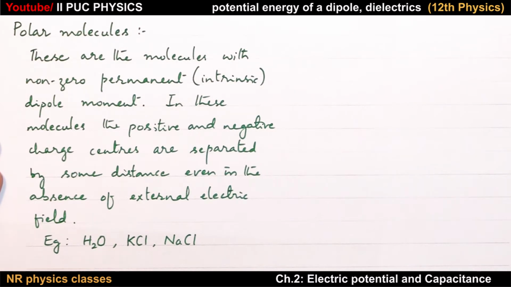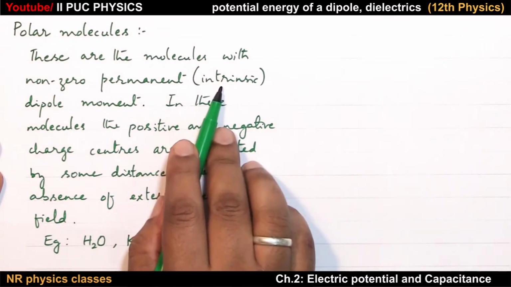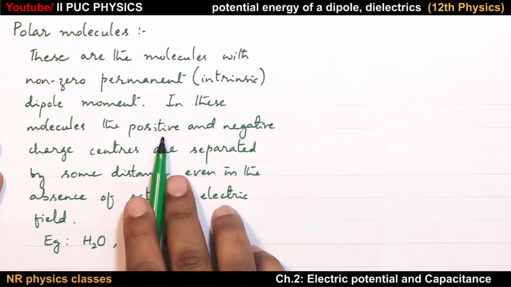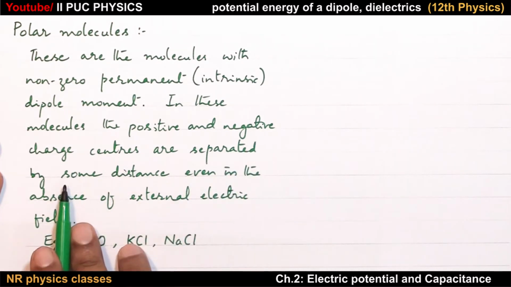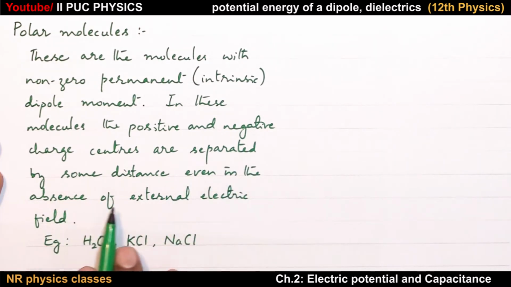Now observe what is the meaning of intrinsic dipole moment, and of the molecule having positive and negative charge centers separated by some distance